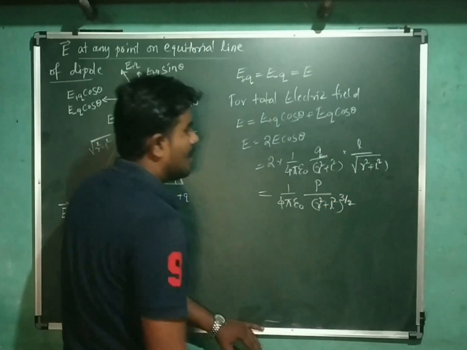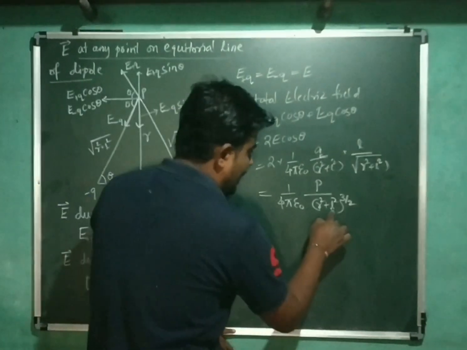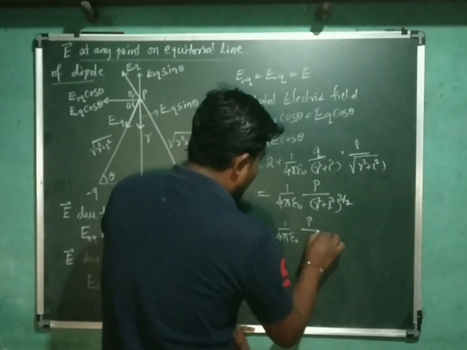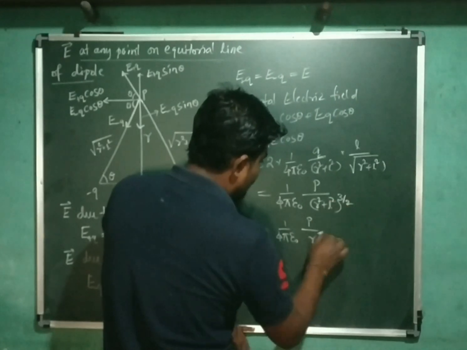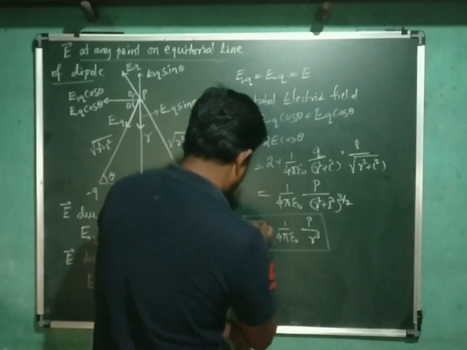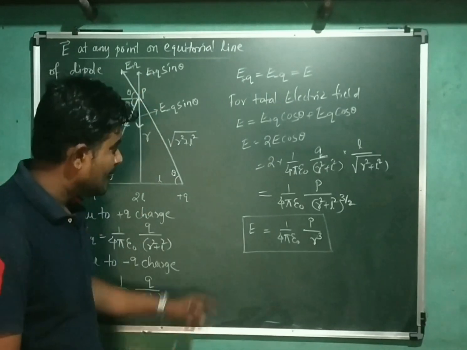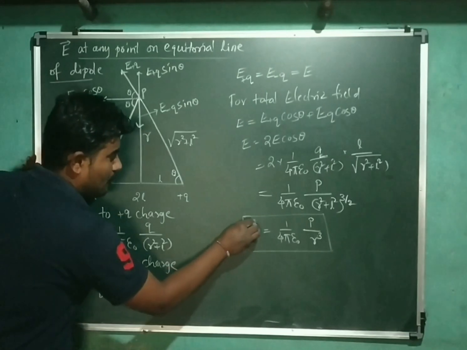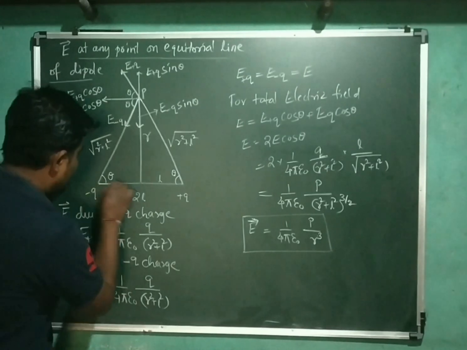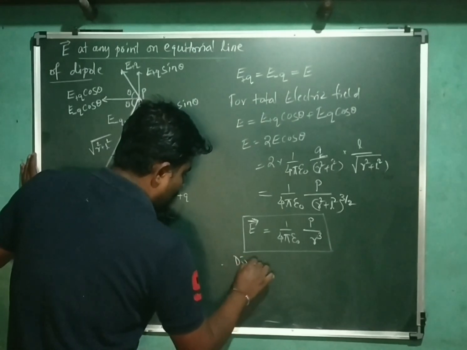3 by 2. As we know, this R distance is very large compared to L, therefore we can neglect the L value here. 1 divided by 4 pi epsilon naught P divided by R to the power 3. This is the electric field at any point on the equatorial line of a dipole. And as you can see, this is the direction of the electric field and this is the direction of the dipole moment. They are exactly opposite to each other, therefore the direction of